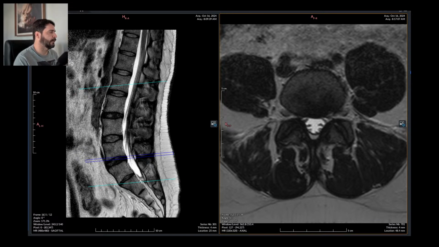Annulus fibrosum. How is it called in English? Annulus fibrosum or fibrosum. It's the fibrous ring. Yes, it's the fibrous ring. It's also called fibrous ring around the disc. So it's annulus fibrosum. And it's written as